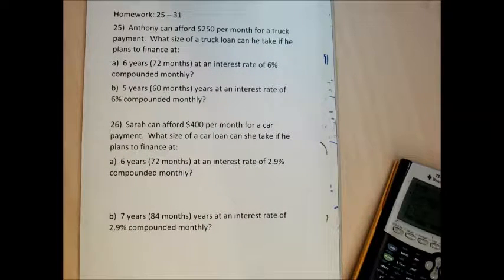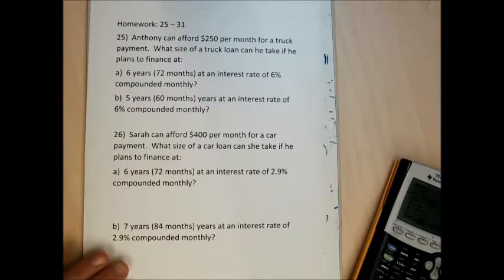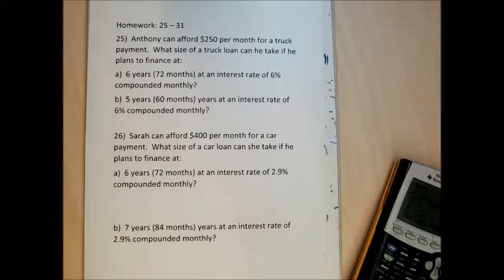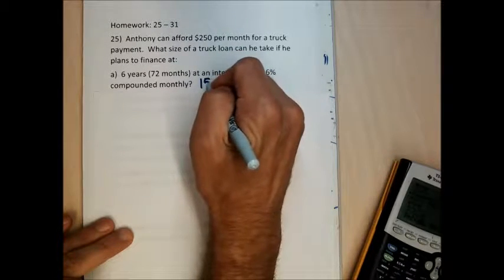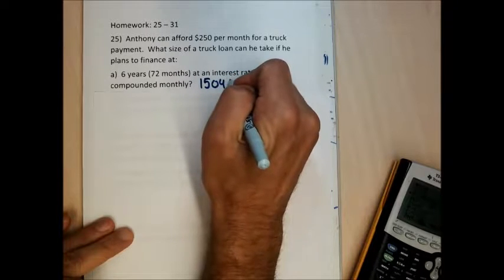All right, so just a few more problems to do. I'll walk through 25 with you. I'll skip 26. 25 is just like we've done, so let's give this a go. I'm going to work on 25 part A. And I have my answers written off to the side here. For part A, if you want to give it a go without me doing it, try to do it and get $15,000